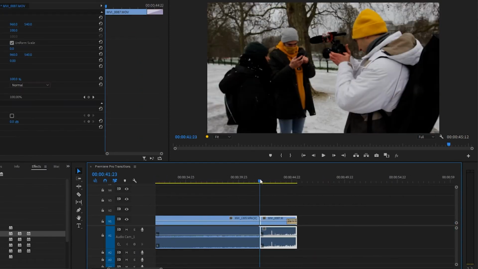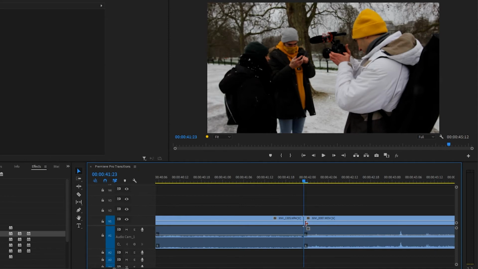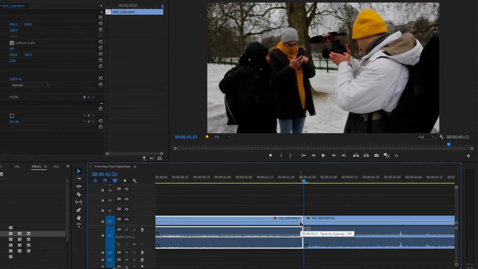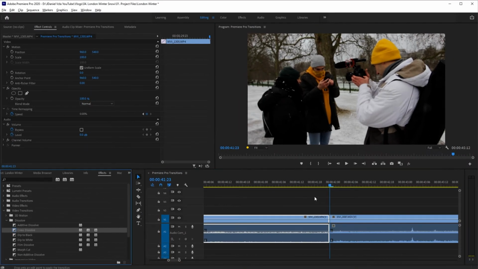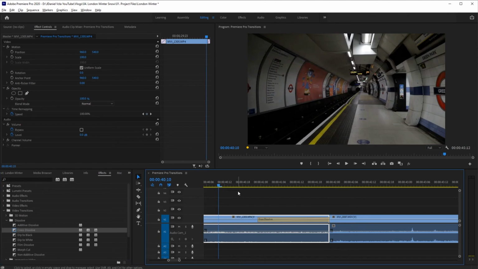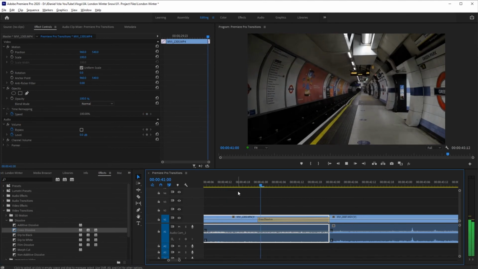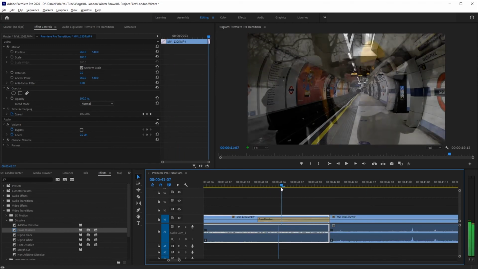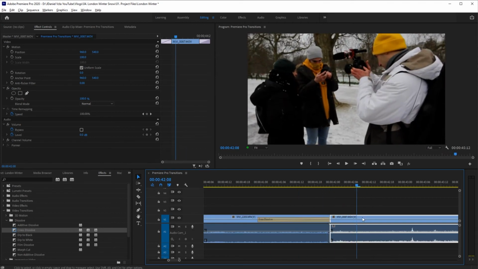We want to add another transition around here. You can see we have those diagonal lines here. That means it's the end of the clip and it doesn't have anything else to play. If we select the transition and add it, you can notice we cannot add it for both clips. This is happening because we don't have anything else to play from this clip. It's the end of the clip. If we see how the transition is working right now, you can see it's only applying in that area over there. We cannot apply over here.